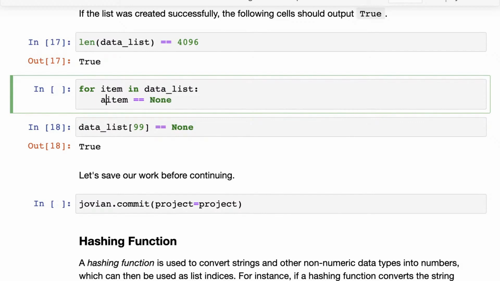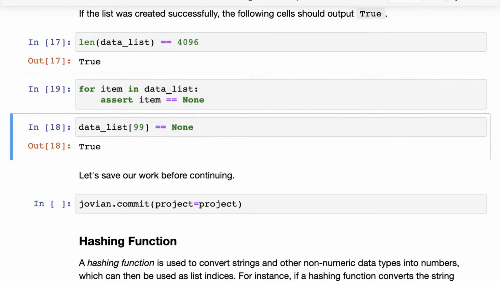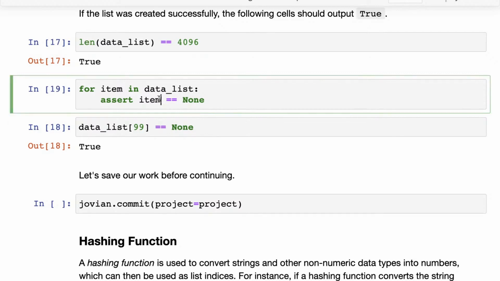Okay, and here's a trick you can do. You can write a word called assert, and what assert does is if this comparison is true, then it does nothing. It lets your code proceed as usual. But if at any point this comparison becomes false, then it throws an error. So let's see here. You can see there was no error, so that means it worked fine.